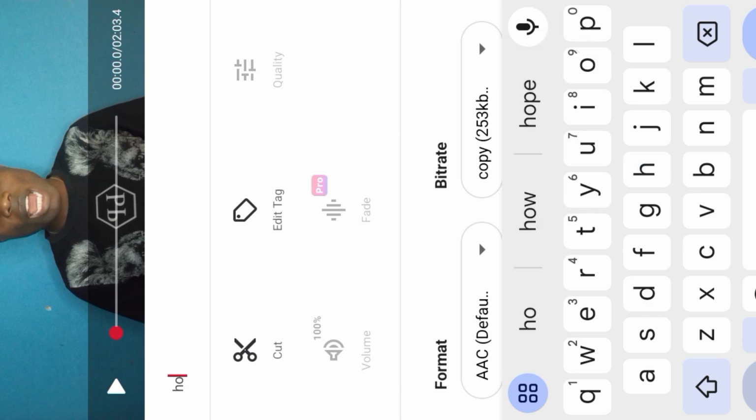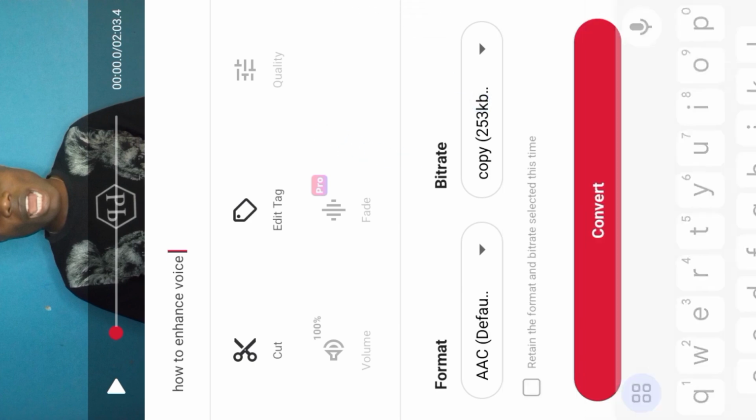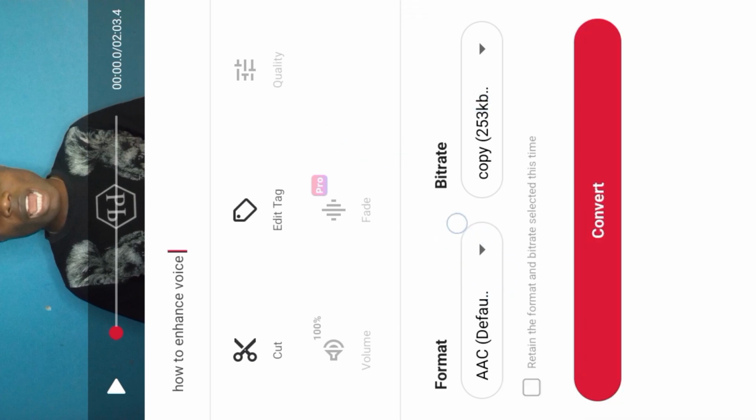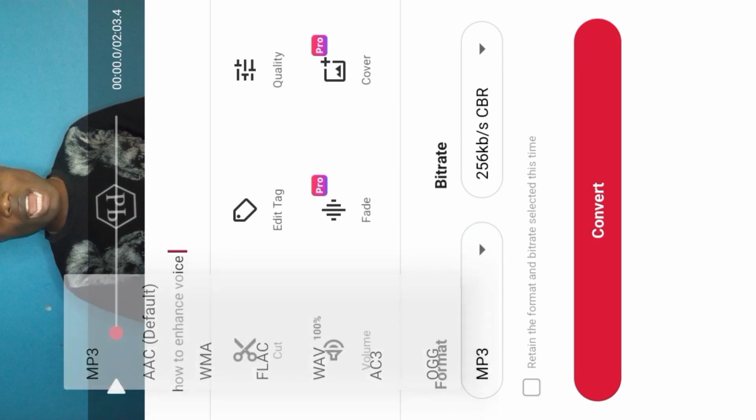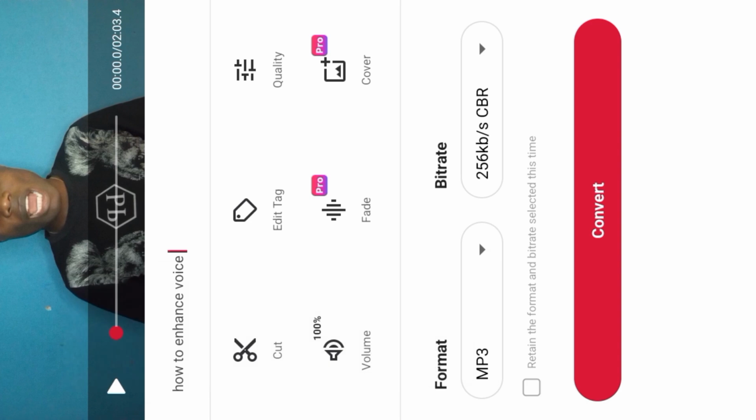So just change the name to the name you prefer. And please, I want to let you know something: if you are using this app, you need to change it to MP3. Tap on here to change it to MP3. Okay, then you convert to audio.